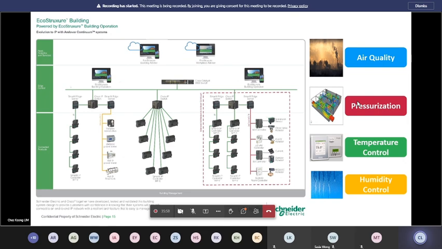Now, in the BMS system, we are pretty much talking about mechanical control, and within that, air quality, pressurization, temperature, and humidity control. Yesterday I went through a short presentation with one of the consultants where we explored how we did that, but because of time constraints today, I'm not able to go into very in-depth detail on all of this control. Nevertheless, in Schneider Electric, when it comes to the BMS, we are able to do all of this air quality, pressurization, temperature, and humidity control, not just monitor it.